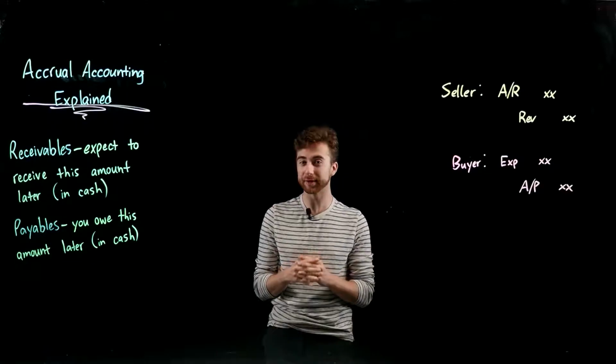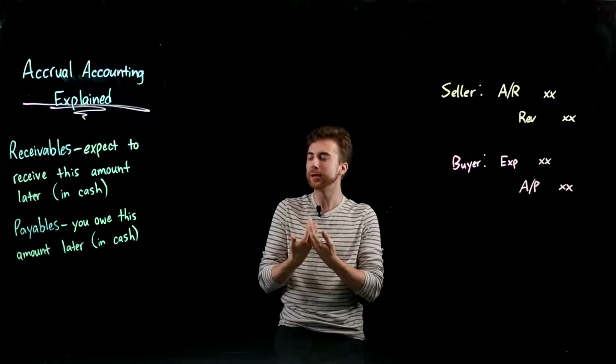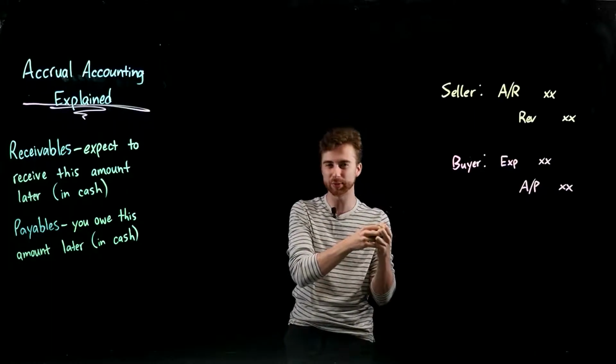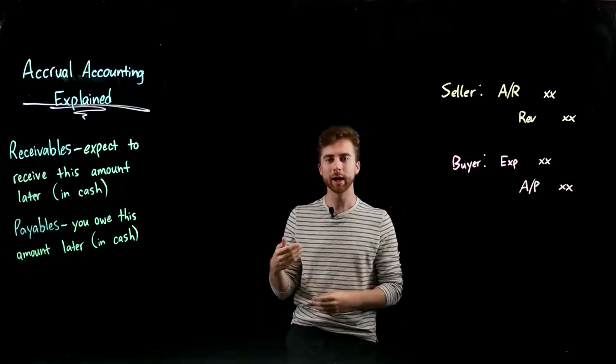My name is Zach Vines, and today we're going to go over one of the most fundamental parts of accounting that we tend to struggle with a little bit when we first learn it, because many of us tend to think about revenues as synonymous with cash coming in and expenses synonymous with cash going out the door. Well, let's think for just a moment.